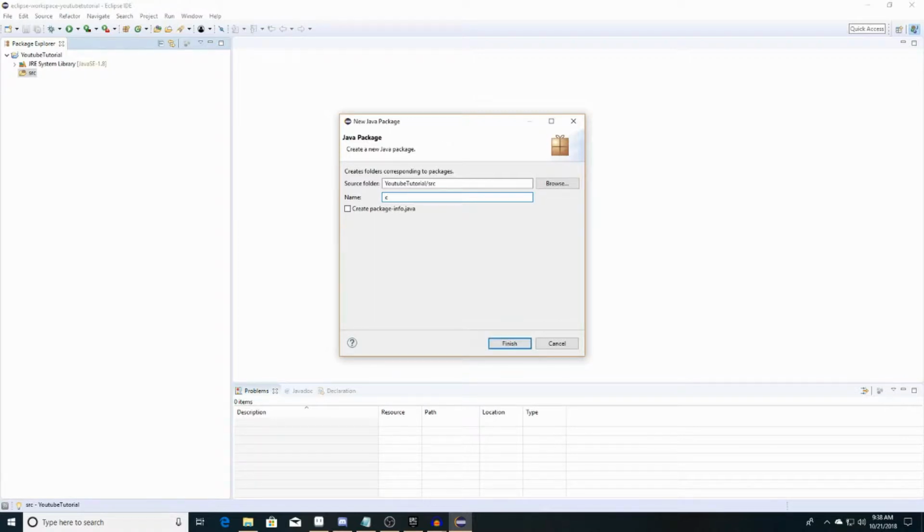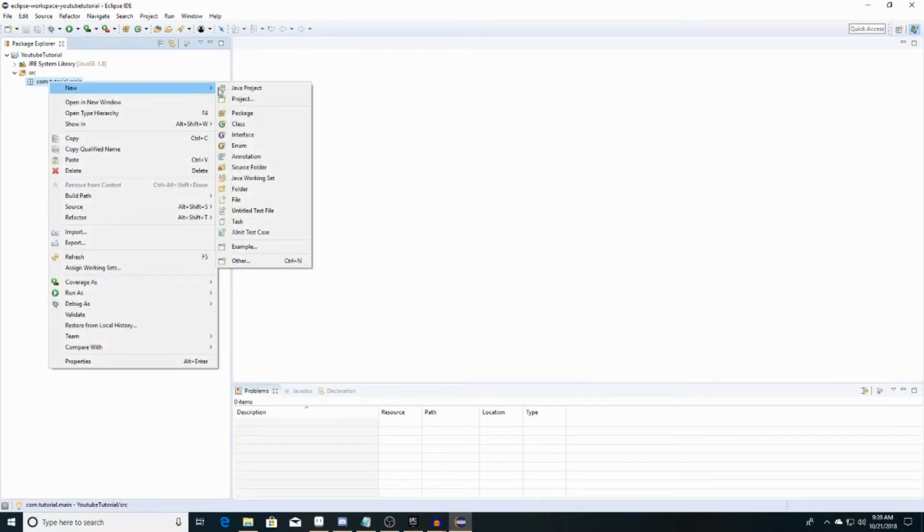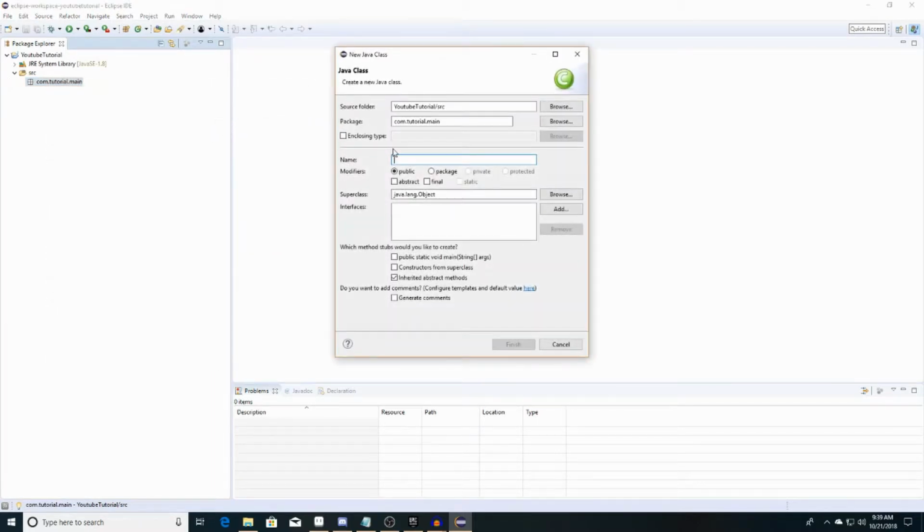I just normally do com, and then I'll say tutorial, and then we'll just go ahead and leave it at that for now. You can name this whatever you'd like, so you can name it your name or the name of the game, it doesn't matter. It's just sort of like an organization. So like this would be our main package, and then you want to right click your package, hit new, class,